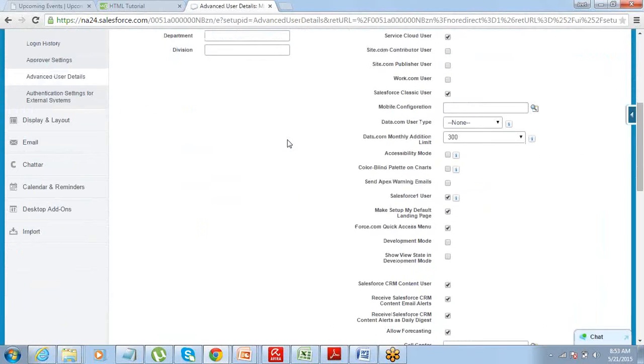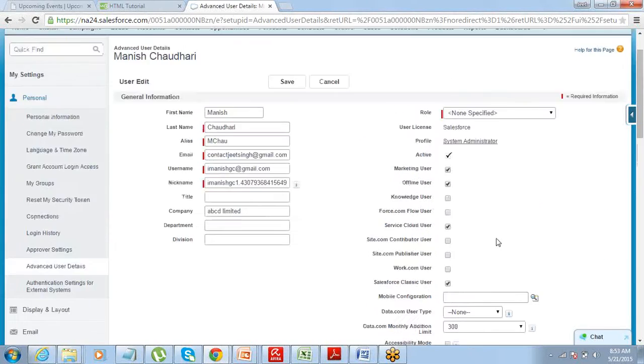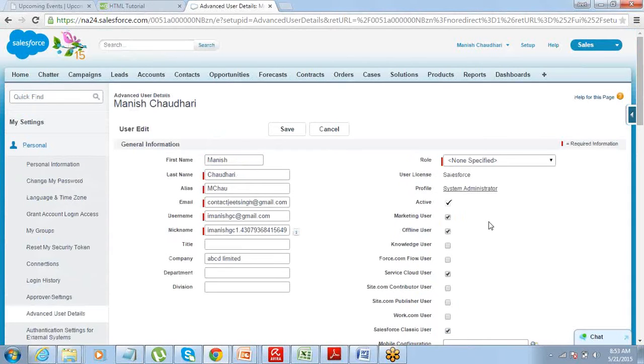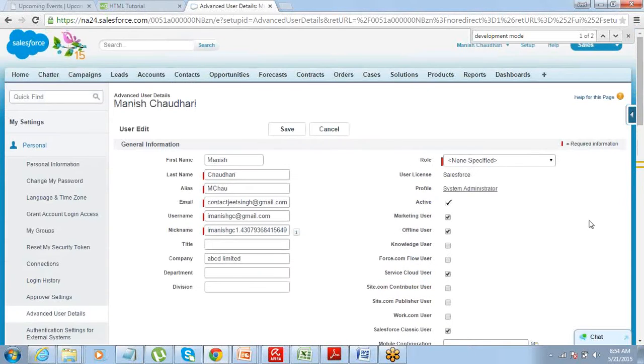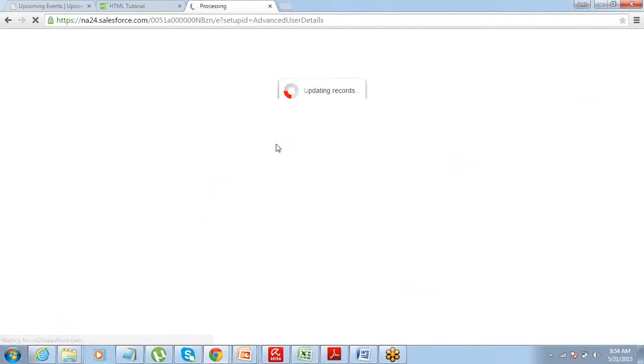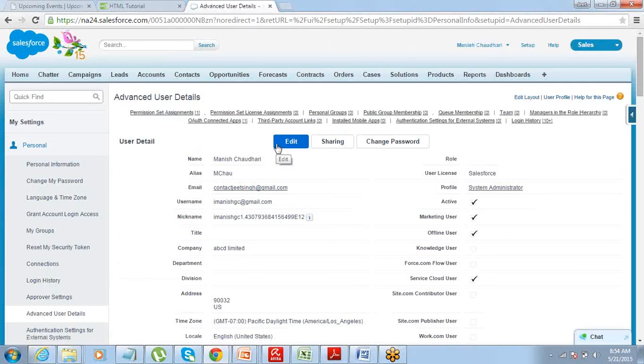There's a Development Mode checkbox here. Check it on. All right. If you're not able to find it, just do a Control F and search for Development Mode. It will help you find that. All right. Make sure you check this checkbox and save it. Now your development mode is on.